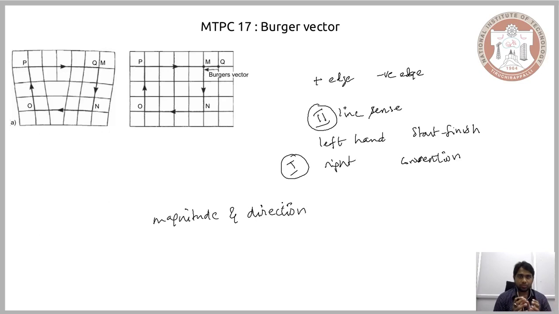So when the magnitude of the Burgers vector, the distortion created by the Burgers vector, or in case of the edge dislocation, the interatomic spacing between the newly introduced extra layer of atoms is equal to that of the interatomic spacing in the given ideal lattice, then it is referred to as the lattice translation vector. And in case of the lattice translation vector, the magnitude of the Burgers vector will be equal to the interatomic spacing.